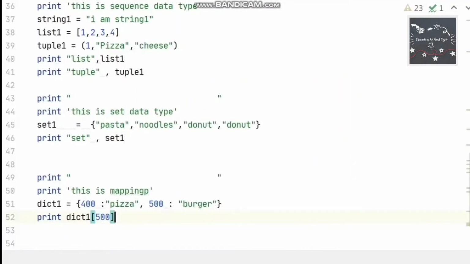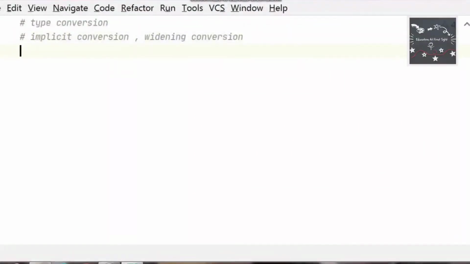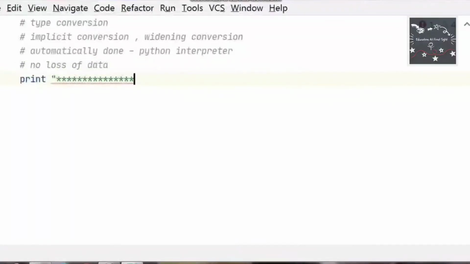Let's see how we can convert the data type of a variable into another data type. We'll now see about type conversion first. Type conversion is also called implicit conversion or widening conversion because it is automatically done by the Python interpreter. There is no loss of data. Let's see an example.